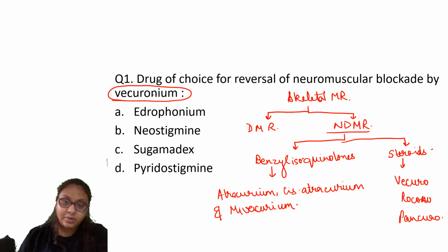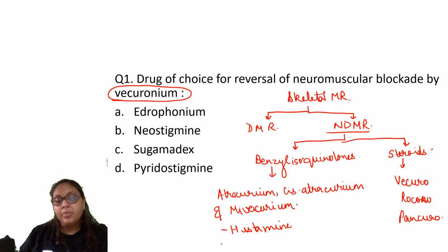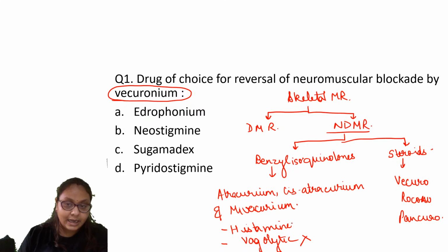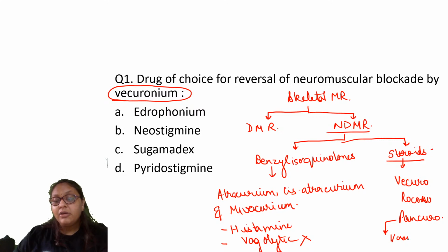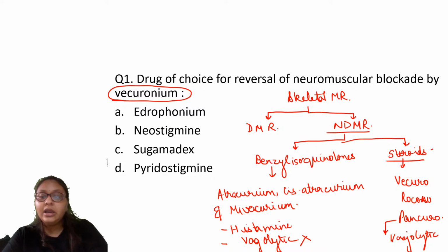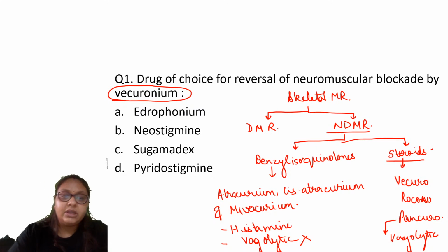Now, what we have to remember is these benzylisoquinones release histamine, but they don't have any vagolytic action. But in the steroid group of drugs, pancuronium has vagolytic action, and therefore there is an increase in the heart rate whenever pancuronium is given. Now